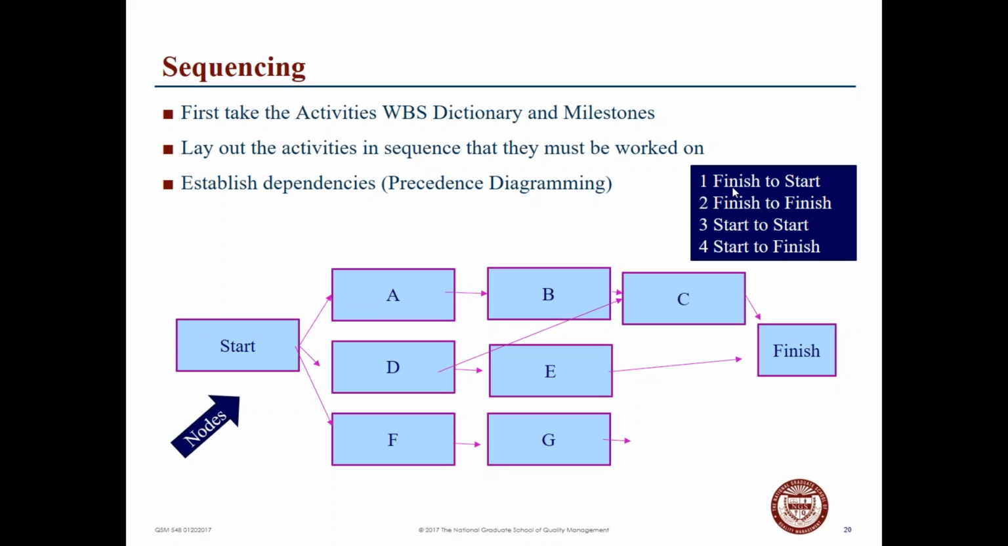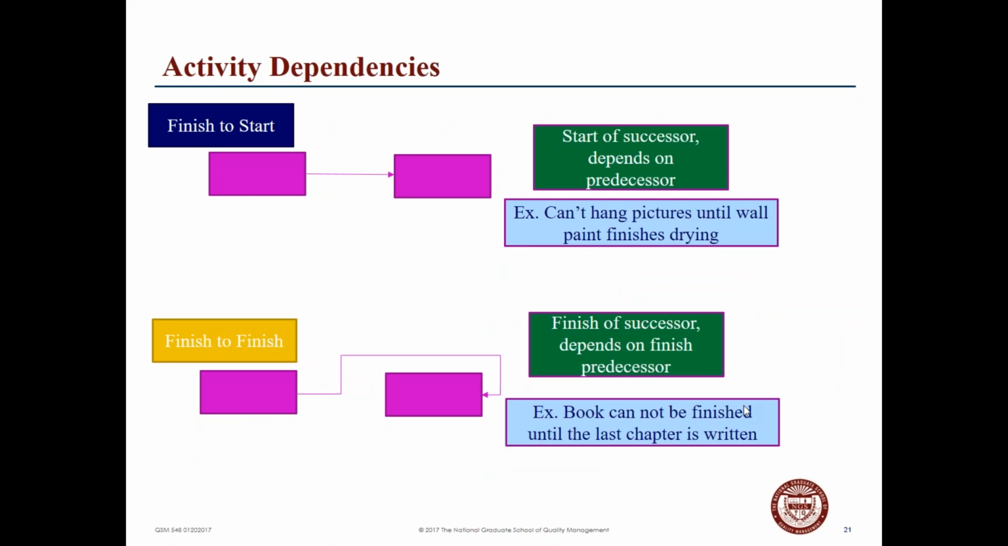So for example, we may be looking at finish to start, we may be looking at finish to finish, depending on the particular project, start to start, and start to finish. As we look at the nodes, we see there's start, there's A, B, C, there's D to C, D to E, F to G, and again, as they move and relate to the finish. So when we look at activity dependencies, for example,